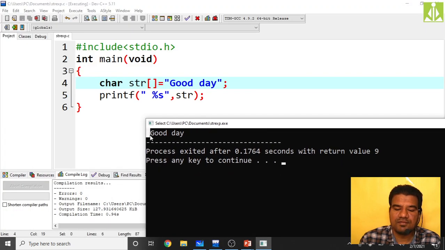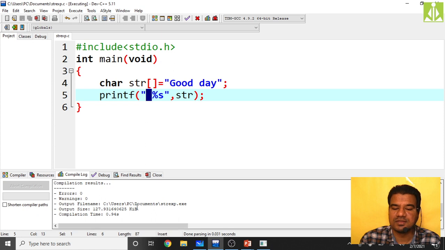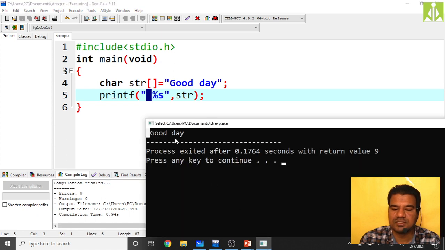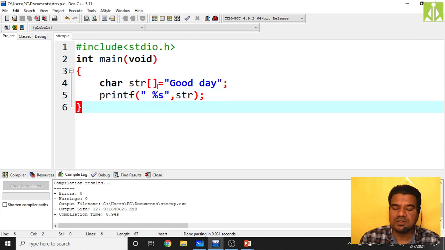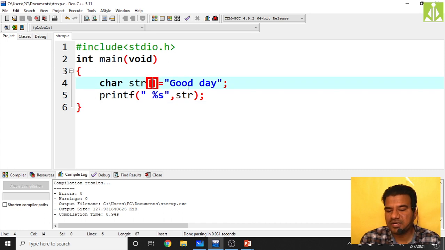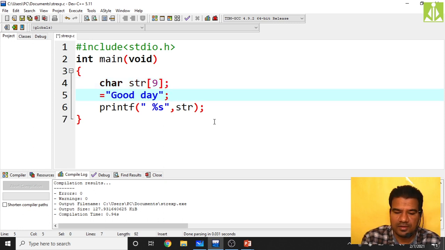Why is it taking the first space? Because here I have given the first space. That's the reason why it is taking the first space. So good day. Like this is the initializing without size, and we are doing the initialization here itself. We'll do like this, because how many characters do we need now? 1 2 3 4, space, 5 6 7 8, 8 characters, including the delimiter we need 9 characters. We try like this.